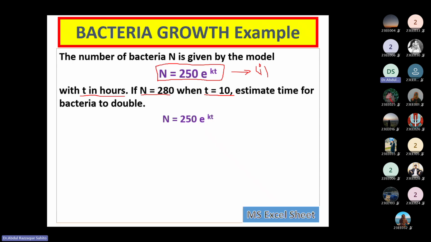But as we have been given the initial condition, a boundary condition that when the time is 10 hours, the population is 280, in equation number 1 where N is there, we will put 280, and where t is there, we will put 10. So the remaining will be the value